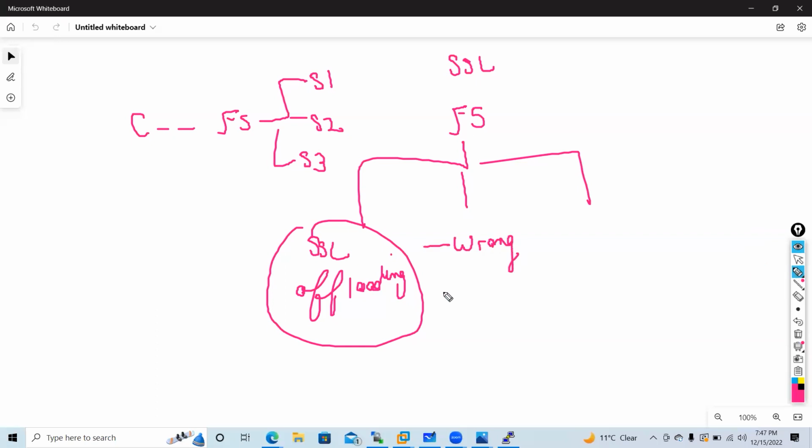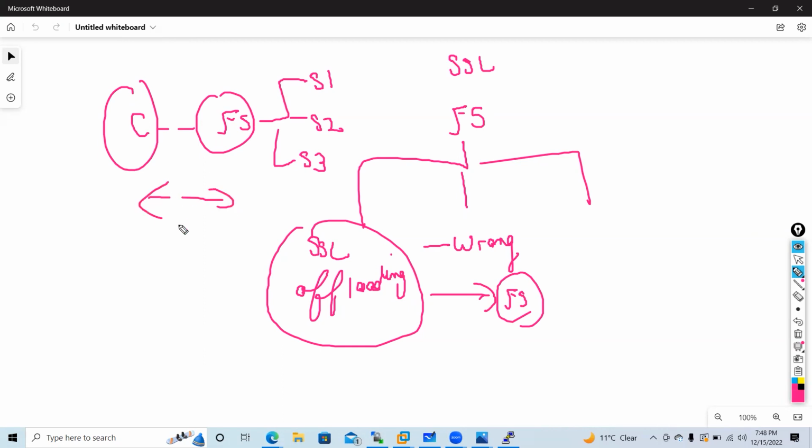Anyone else? I need a simple answer to the question I'm asking. What is SSL offloading in F5? I have this scenario. We have the client, and the SSL certificate is installed on the F5. From client to F5 we have the security, and from F5 to the real server there won't be any security. Excellent. So the load will be taken by F5. Client to F5 will be encrypted and F5 to the server will be plain text.